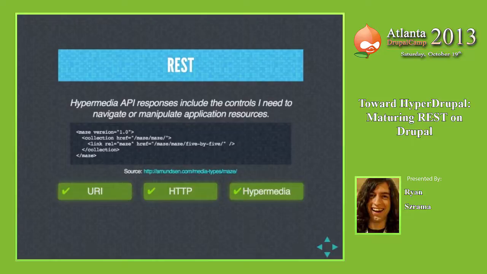I was going to say that what this gives you by putting the URL in the data, like the maze 5x5, is that you can have any kind of maze that you could come up with, and so your application can keep moving on. As long as they know to just go get the next link, the next maze, then you can keep changing your data without changing the interface.